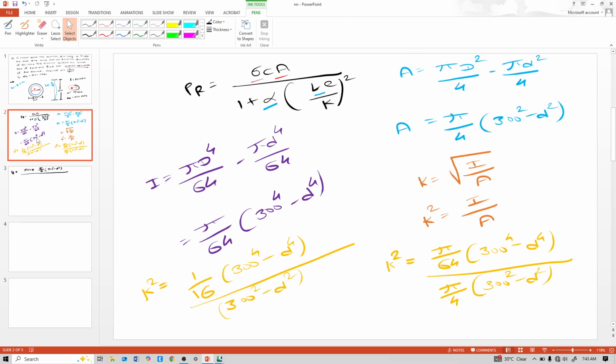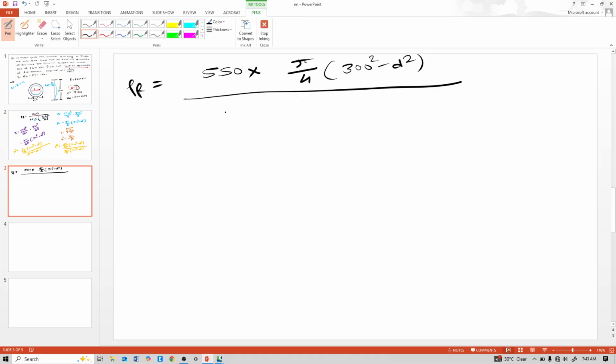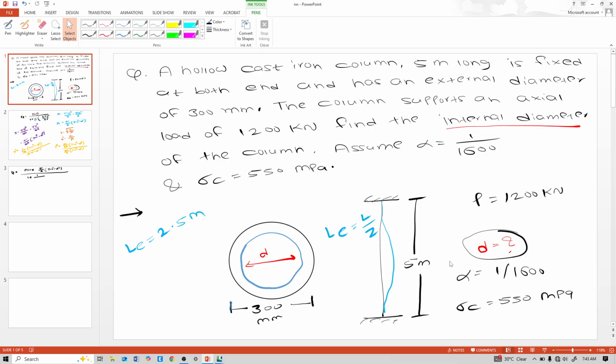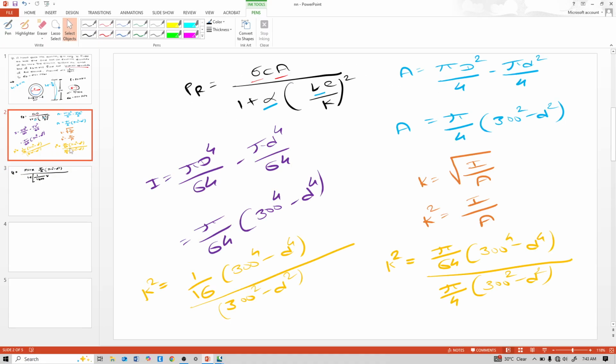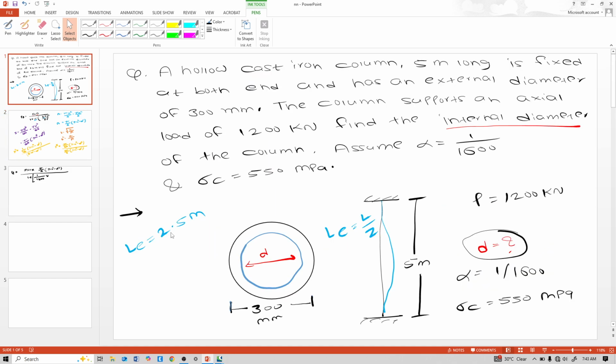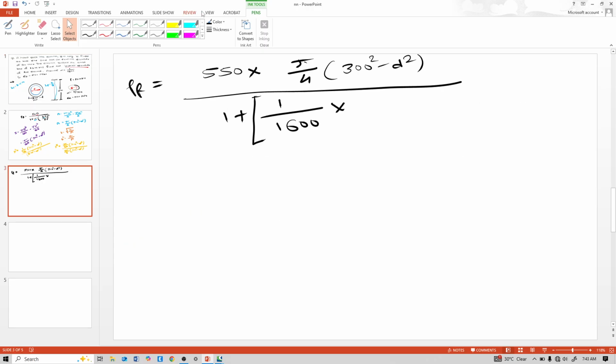Divided by 1 plus alpha, 1 upon 1600 into L_e square. L_e square, L_e is this 2.5 meter. That means in mm it is 2500 mm